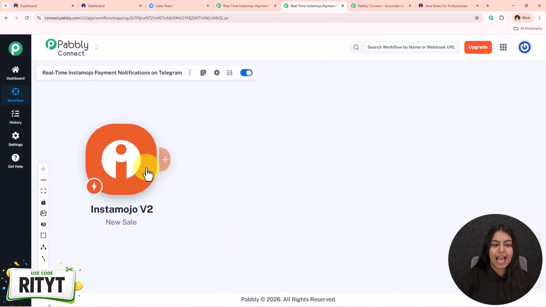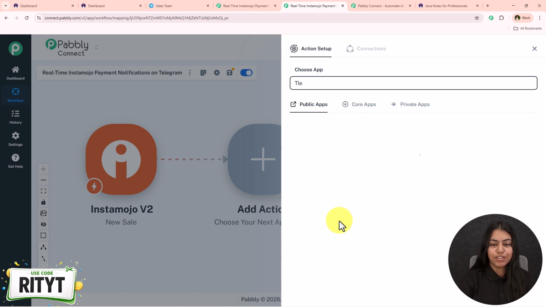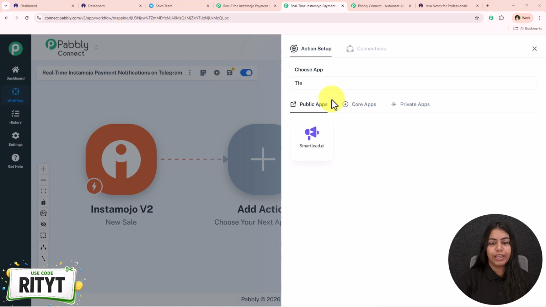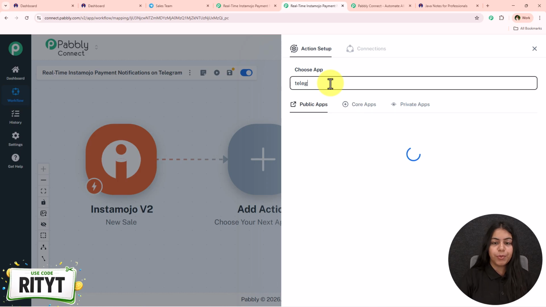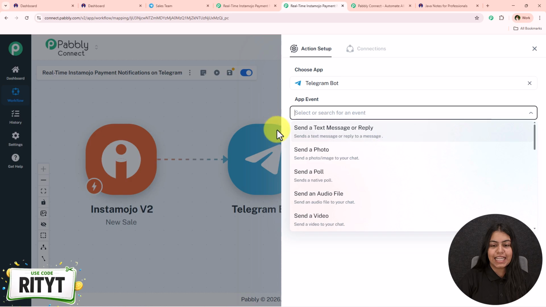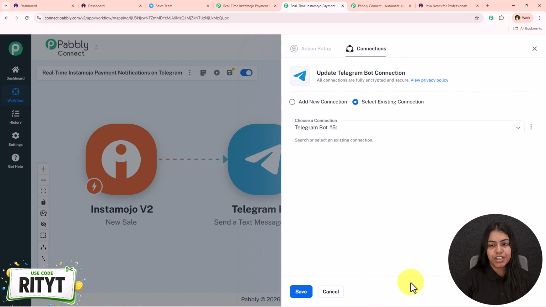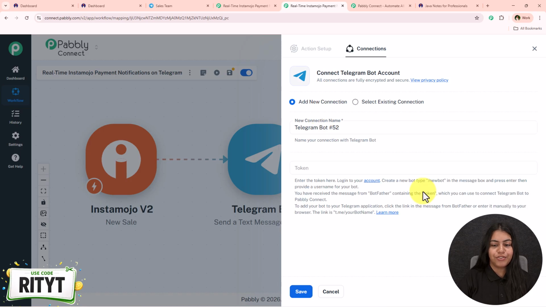So close this and click on this add new action step. For the action application, search for Telegram bot. Okay, so let's search for Telegram bot over here and select the same right over here. For the event, select it as send a text message or reply and click on this connect. Now if you already created a connection between Telegram bot and Pabbly Connect, then click on this select existing connection and then save. But if you haven't, follow me and click on add a new connection and it is asking